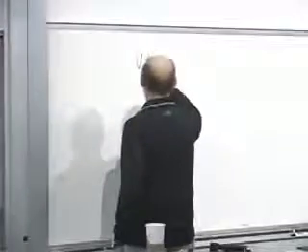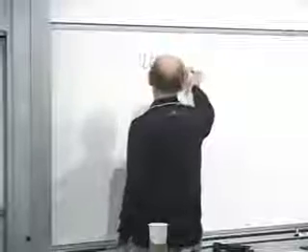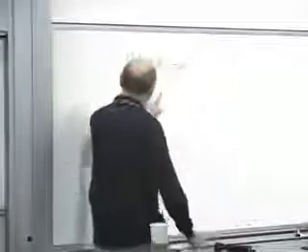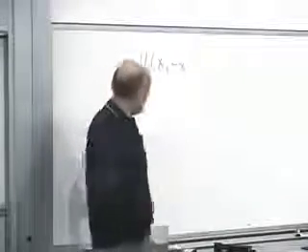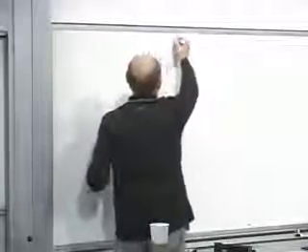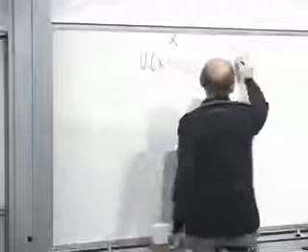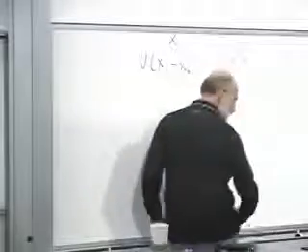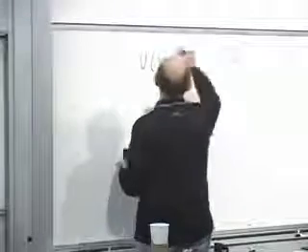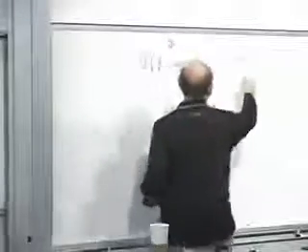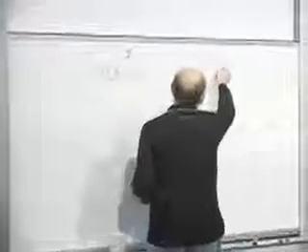We have a function which only depends on x1 minus x2. Now let's just call this variable x1 minus x2. Let's give it a name. Let's call it x. So u is only a function of x. No, let's not call it x. Let's call it d, for difference. So u is a function of d. d is x1 minus x2.